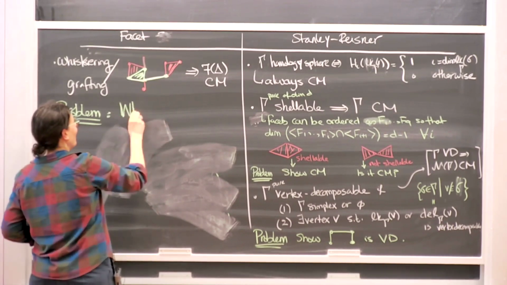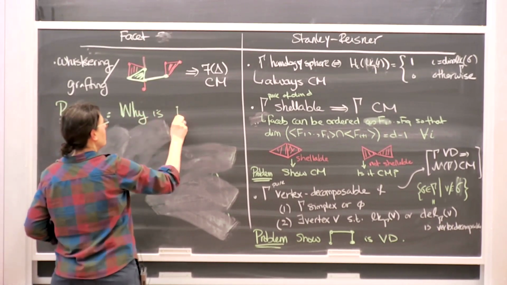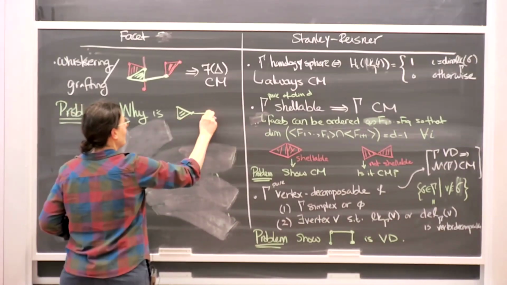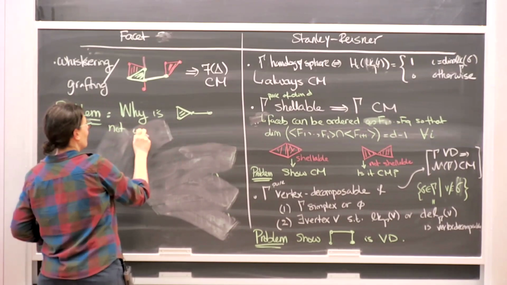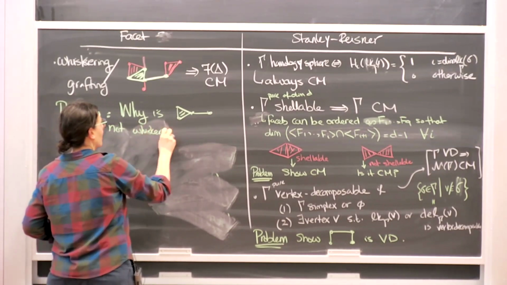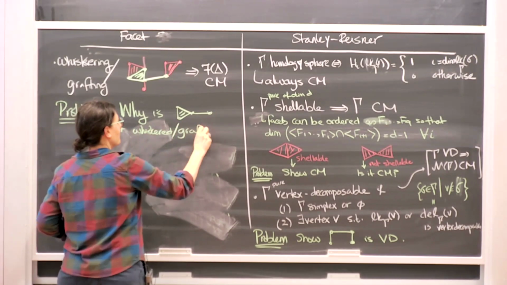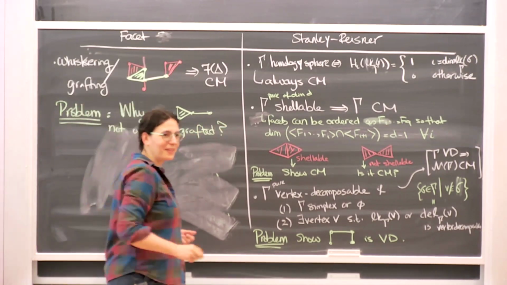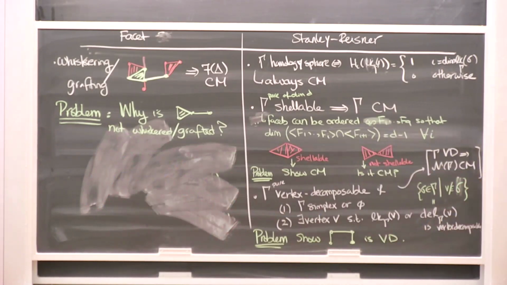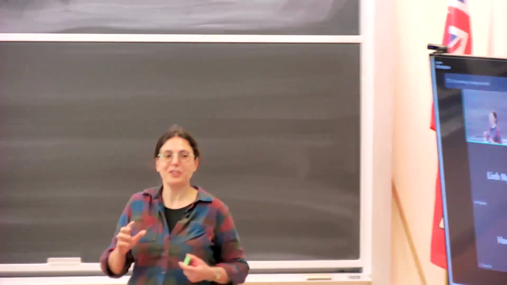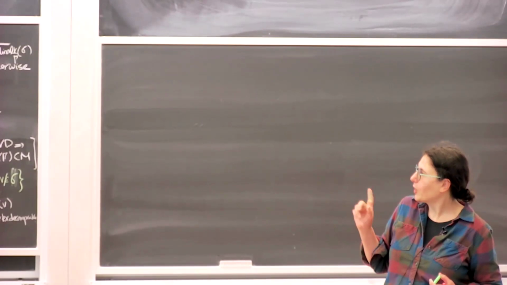So is this picture itself, am I correct, not whiskered or grafted? Is this what you're asking? I guess so, yeah. Yeah, because you're saying that given any simplicial complex, if you whisker a graph, you'll get something Cohen-Macaulay. Yes. Okay. So the answer is yes. So is this the whiskering or grafting of anything? Okay. So a partial answer to that, or maybe I should give it later,